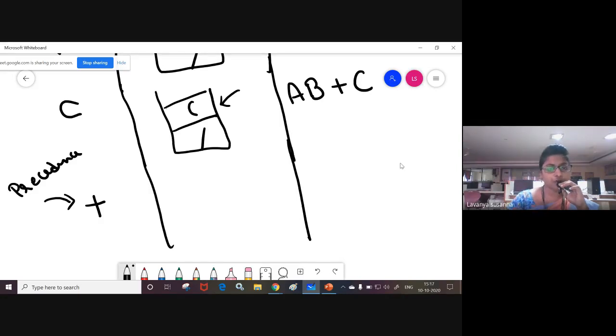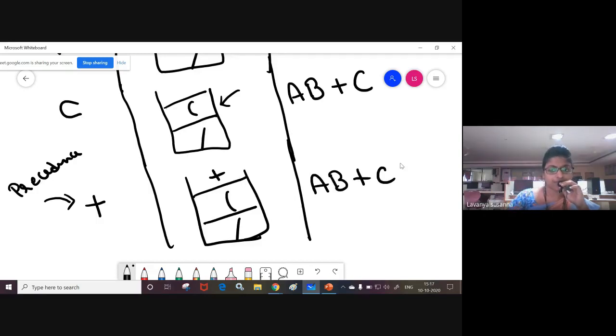Remember, if there is open bracket as the topmost element, actually according to the algorithm, if you got operator, you need to compare the precedence of the scanned symbol with the precedence of the topmost element in the stack. But what is the topmost element? See the arrow marks, open bracket. If you got open bracket, don't compare, push it. Push plus onto the divided by open bracket, and write down the postfix expression as it is, AB plus C.